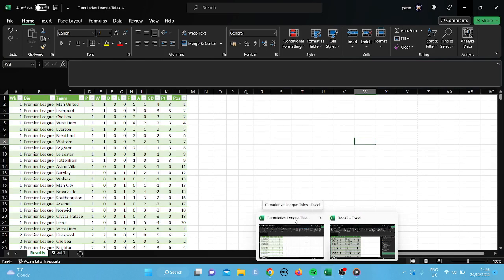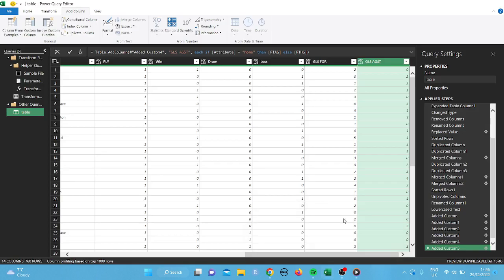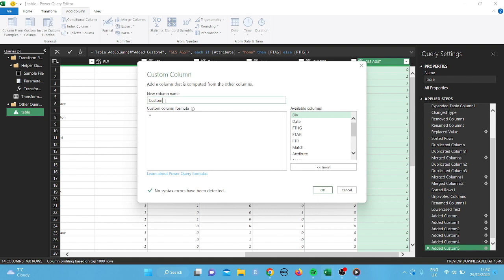I'm going to leave goal difference, but next I'm going to do the points. So for that we go to add column, custom column, a lot of that going on. And we'll just type in points, PTS, that should do it. Okay, and then just put the following in. So we're sorting out the home teams first. So if the full-time result equals H and the attribute equals home, then give the home team 3 points because they won. But if the full-time result is a D for draw and the attribute is the home team, then give the home team